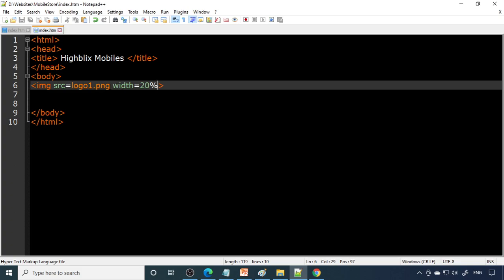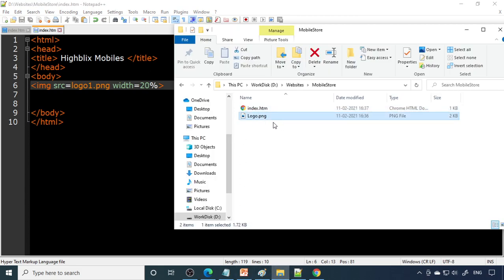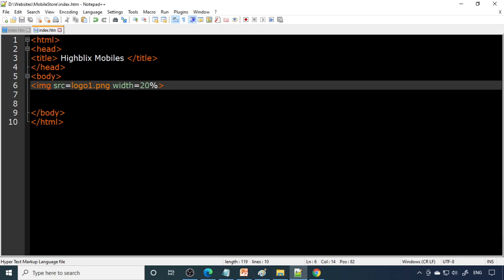Now you can see that it's not working. Let me check why it's not working. Fine. So the picture may be okay. Here we gave logo one. Okay, let's change it to logo. Even spelling is very important.